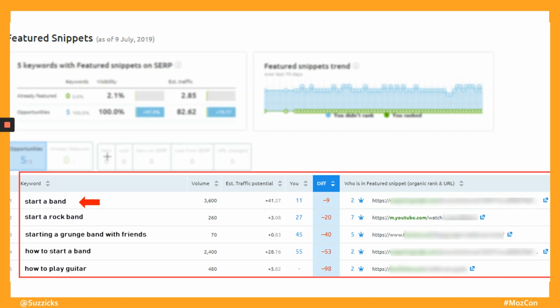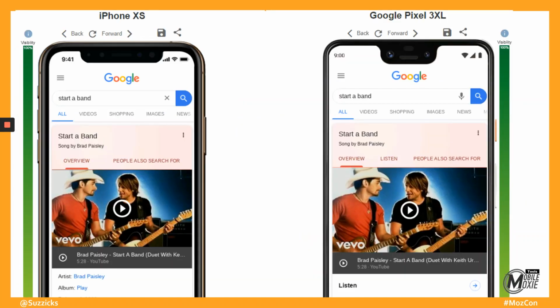The one with the biggest search volume is start a band. So then we can go and say, okay, let's see. We're not ranking, we don't have the featured snippet for start a band yet. Who does? And we can click over here and say, oh no, when we do a search on a phone for start a band, what's happening is you're getting the